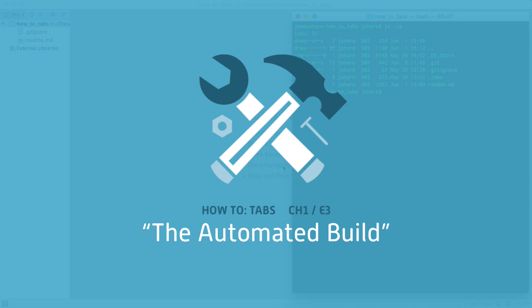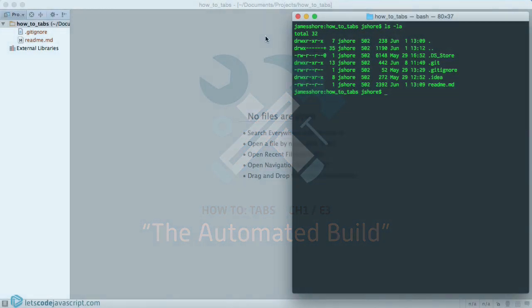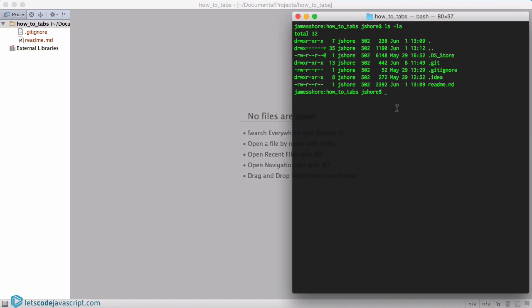In the last episode, we had just finished getting our source code checked into Git so we could have good version control. So if we ever make a mistake, we can get back to it, and so we can share code with other people on our team, or in this case, so I can share it with you. Now we are ready to automate our build, and I want to take a moment to explain what I mean